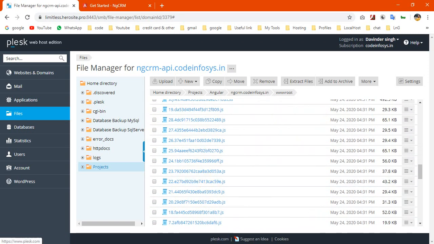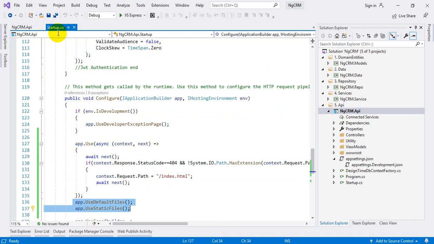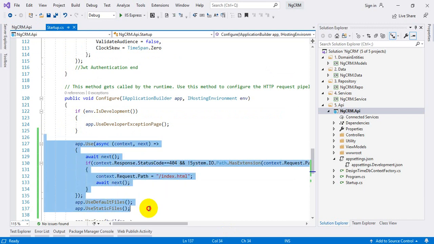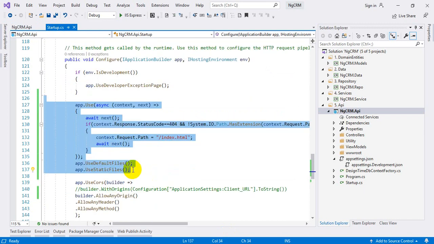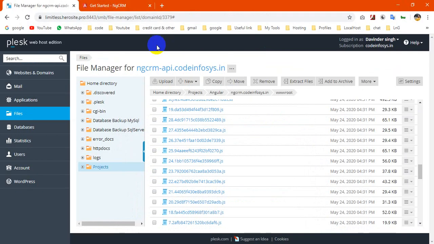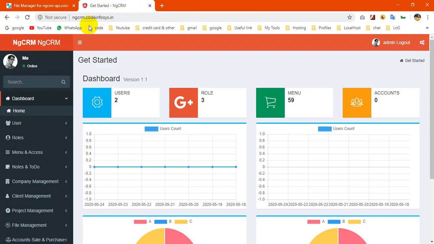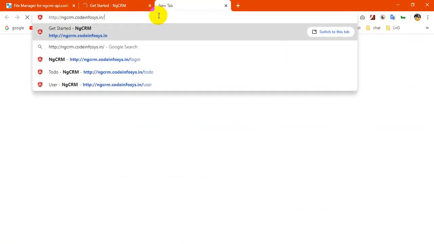But in Visual Studio you must have this code. Very simple. This is my working example, with the API part and the UI part.